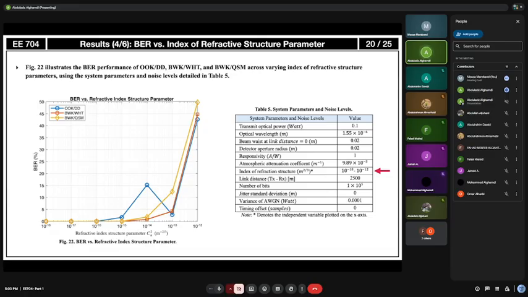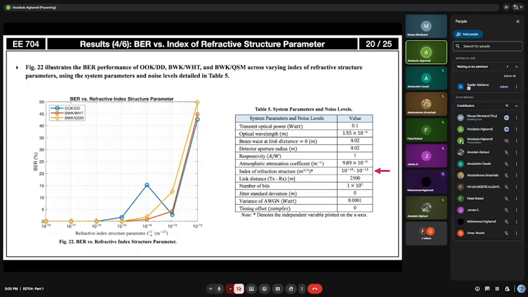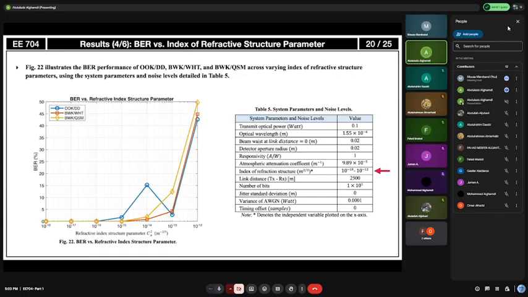As you can see, between 10 to the power minus 16 to approximately 10 to the power minus 14, the baseline modulation detection technique performs poorly in this region. It corresponds to moderate to strong turbulence, because it is very sensitive to the changes in the mean of the optical signal